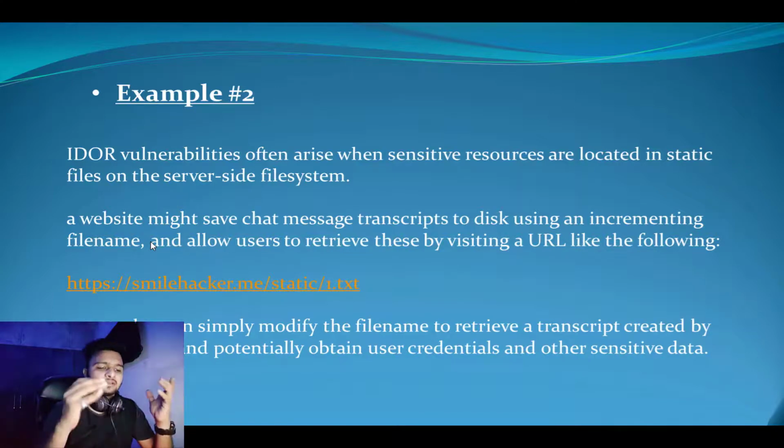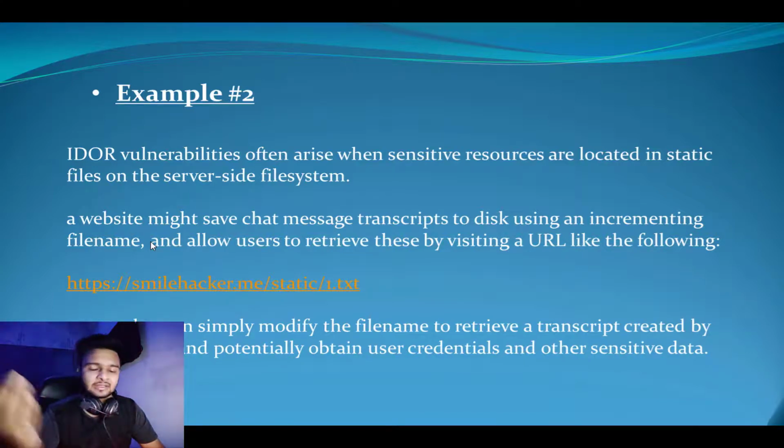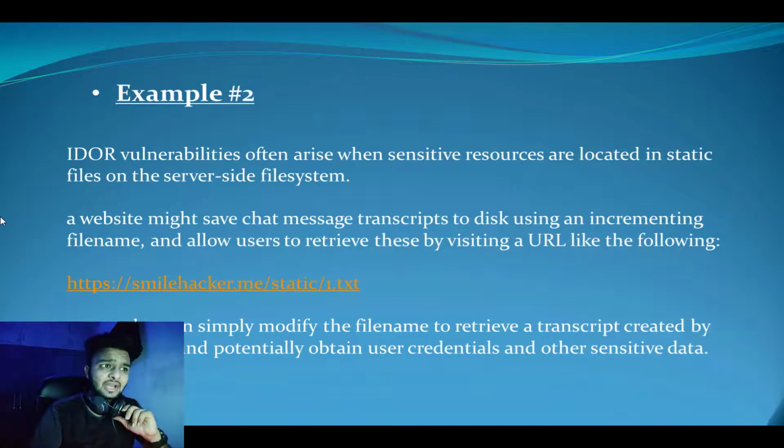If user A is storing his transcript, that will be like 1.txt. If I am user B, my data will be stored like 2.txt and so on. These are weak incrementing file names, and allow users to retrieve them by visiting a URL like the following.